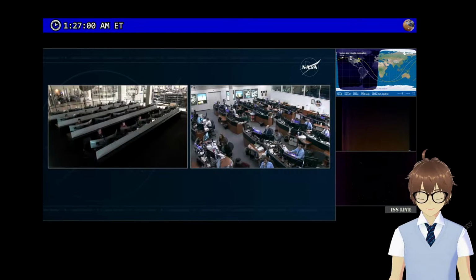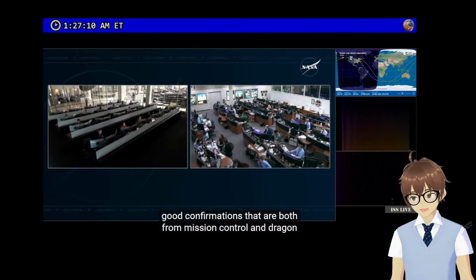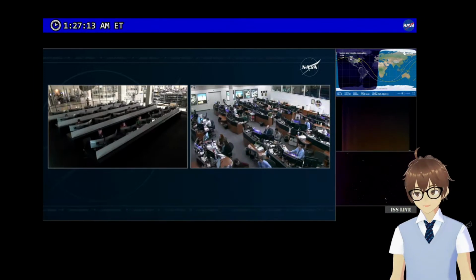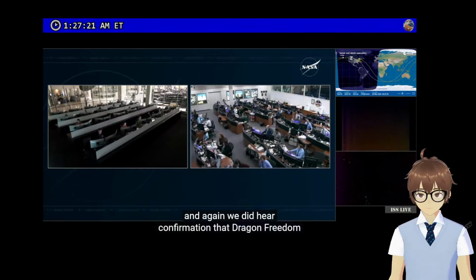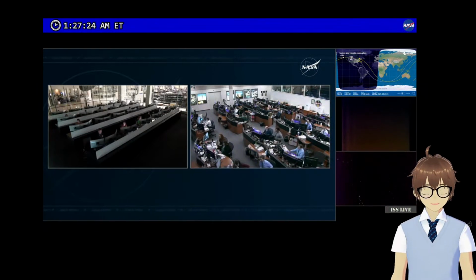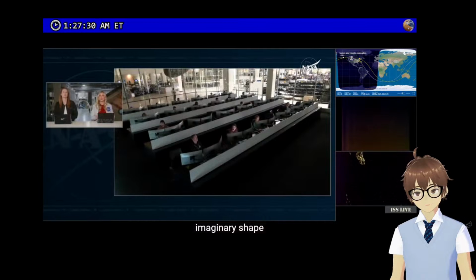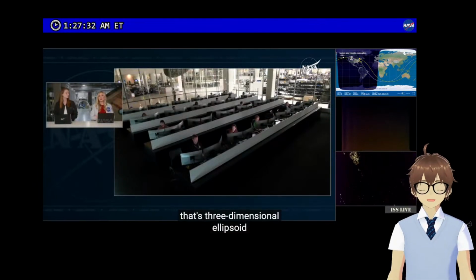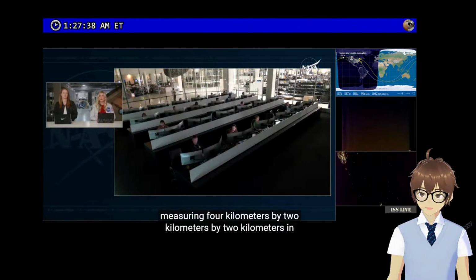So now, because they have already exited that ellipsoid approach zone, they no longer bind to mission control and Dragon. They no longer bind with the approach technique, which is going to the space station. It's no longer there. So now they are on the way back to Earth, and also because of that, as you have heard from the callout,